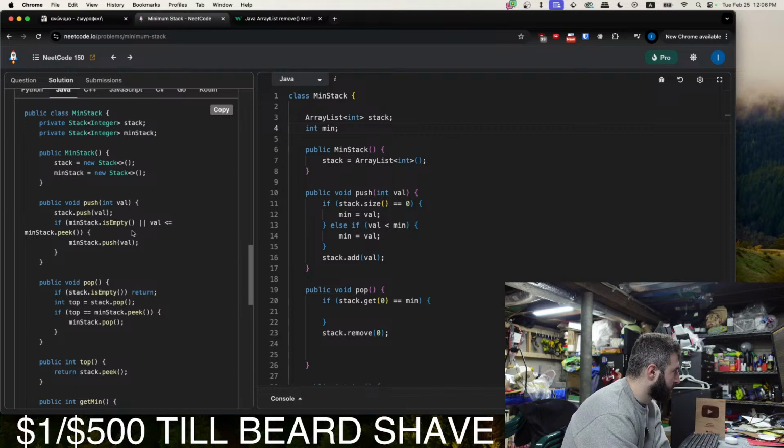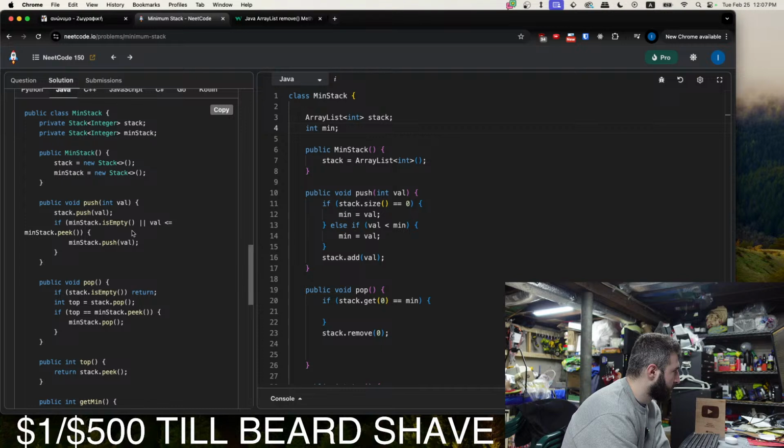And then the next element is 3. So you put 5 in the min stack, there's nothing in there so it gets in. And then you put a 3, so now there's a 3 in there. And then the normal stack has a 5 and a 3.